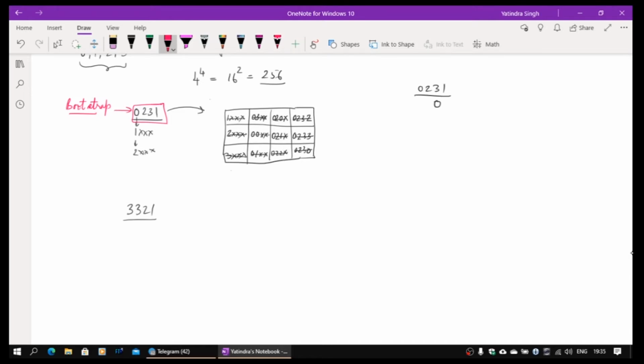It will normally request: find my root node. That will be the request which is made, and in between it also asks for whatever routing table you find from any intermediate node. Every node through which the query is routed will send its routing table. So 3321 comes to know of 0231, and 0231 will come to know of 3321.